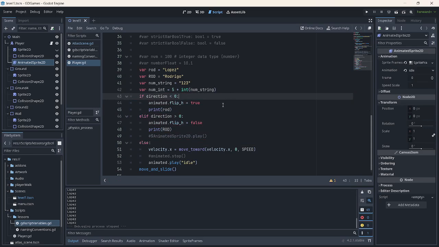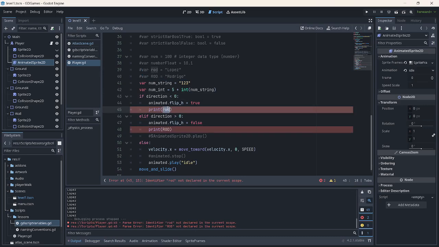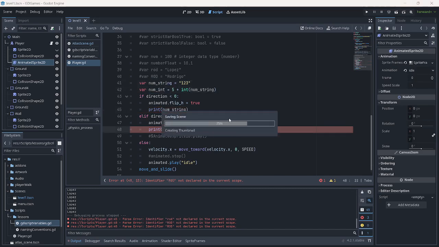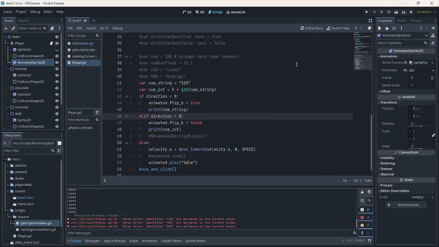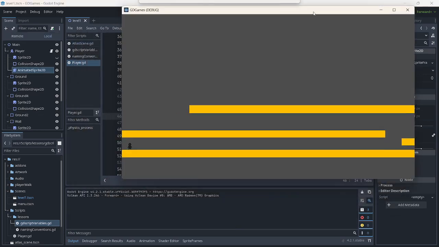Okay, so that's possible. And let's see if we try to remove this and replace it with num string. What are we going to get if we try to explore doing these kinds of things? Let me just comment or delete those. Then let's go back here. So we're getting